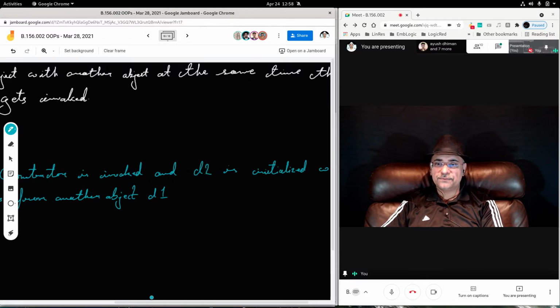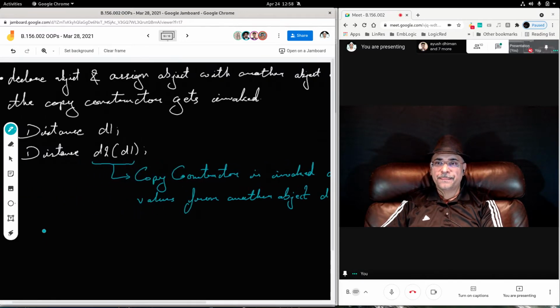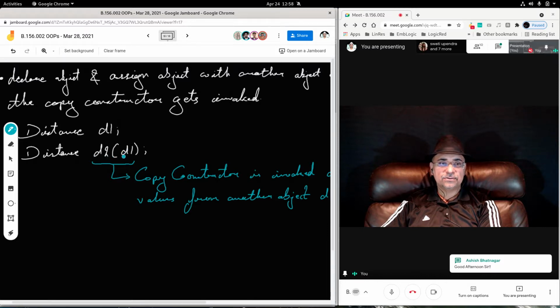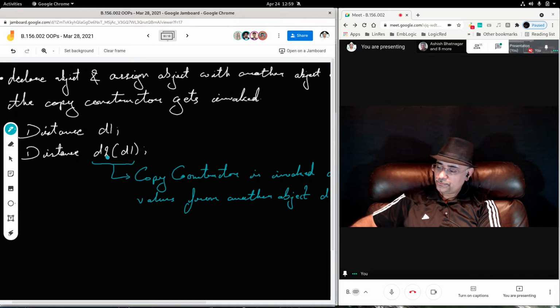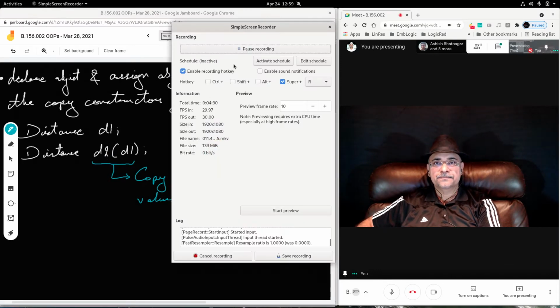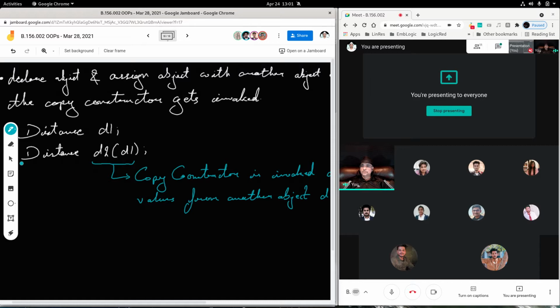This d1 goes as an argument into the copy constructor that initializes d2. So this was a basic understanding of the copy constructor.